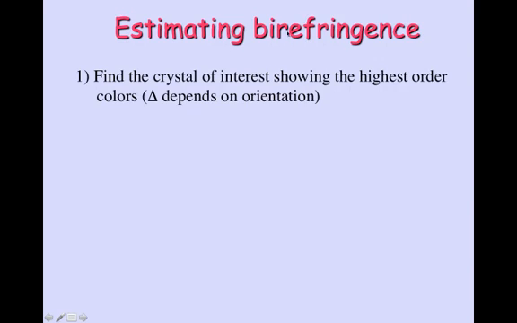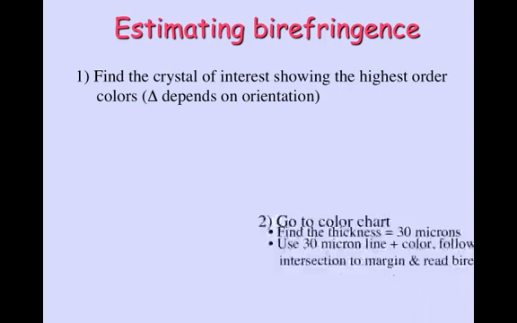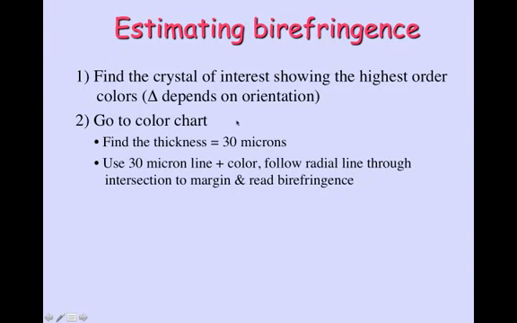You need to find a crystal that has the highest order colors, so the furthest to the right on the Michel-Levy chart. And that retardation depends on the orientation of the crystal. Then you go to the color chart, you find the thickness of 30 microns, use the 30 micron line plus the color, the interference color, and follow that radial line through the intersection to the upper margin